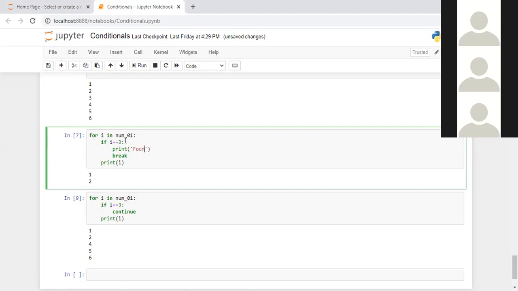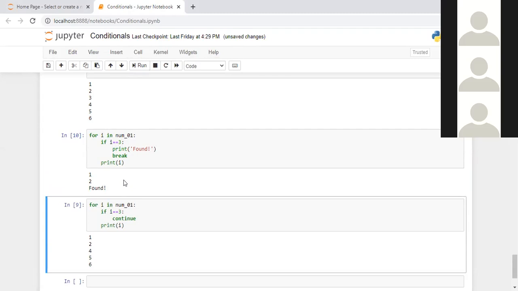I'm doing a little bit of change. I put a print function mentioning found before the break keyword, then it will print 1, 2, found, and then the loop will stop because of the use of break. Because when it checks i equal to 3, it will come out of the loop, and it will not iterate further. Similarly,